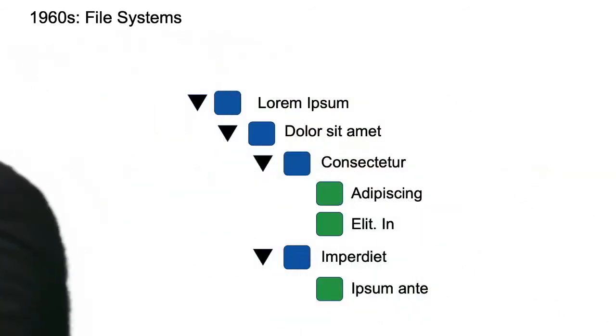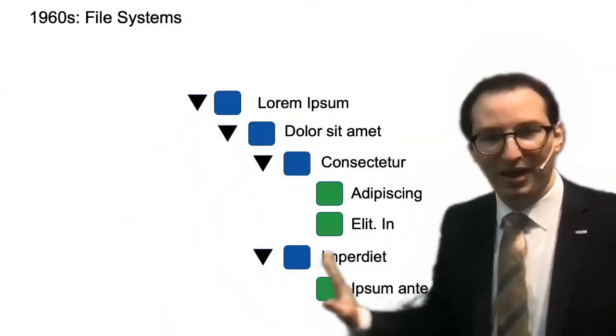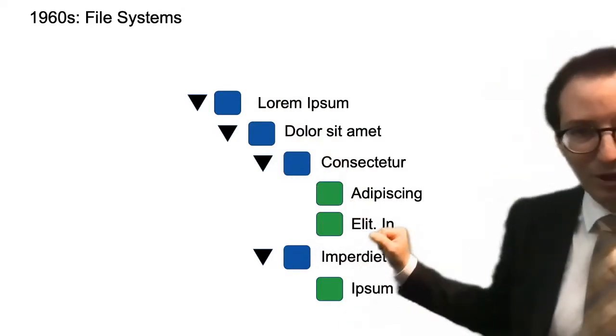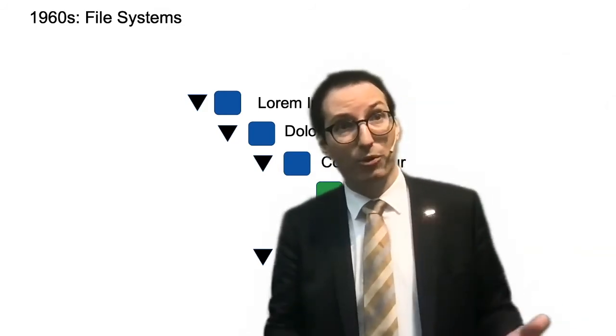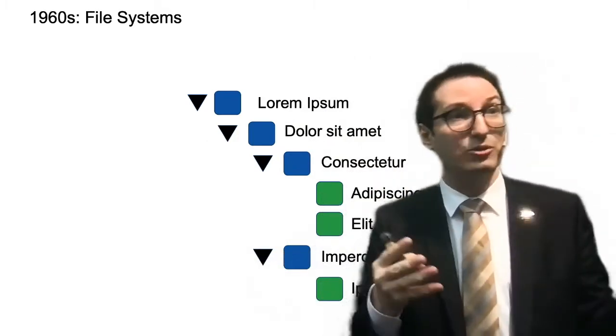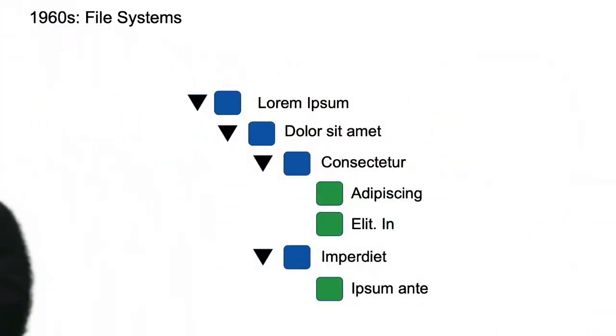Okay, so now we are getting closer to today. In the 60s, we had file systems. The way this worked is that you had your hard drive, and you could create directories and files on your hard drive on a desktop or laptop. People were directly manipulating files on their hard drive, right? They wrote computer programs, and then they were reading the files and doing something with them, maybe extracting information, and then writing files back to the file system. This was quite low level, because you could not manipulate the data if you didn't know how to program, how to read from a file system, and so on.